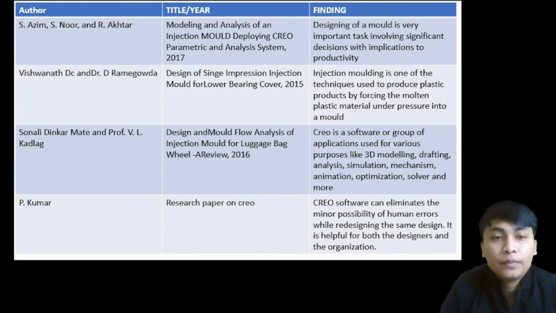Okay, the last research review is from P. Kumar. The title is Research Paper on Creo Software. The finding from this research paper is that Creo software can eliminate the minor possibility of human error while redesigning the same design. It is helpful for both the designer and the organization.